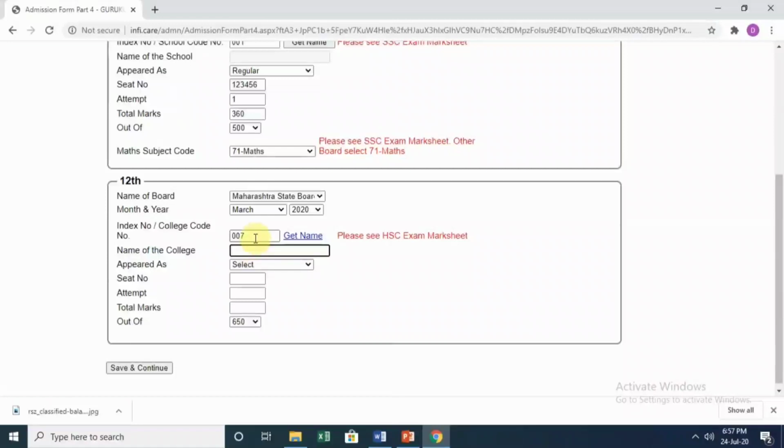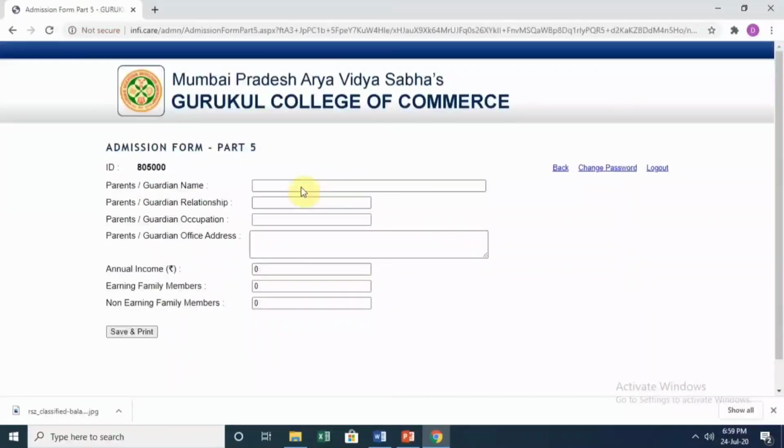In case you don't have the junior college code, you can verify it from your junior college and fill up the college code number, as it is compulsory. Appeared as regular. Seat number, attempt 1, total marks. Click on save and continue.